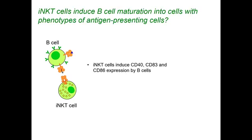And Grace also noticed that the NKT cells induce phenotypic changes in B cells, specifically the upregulation of CD40, CD83, and CD86. And these are molecules found on antigen-presenting cells. And we know that in some cases, B cells can present antigen to T cells. So Grace looked to see could they present tetanus toxoid and hepatitis B surface antigen and various superantigens to T